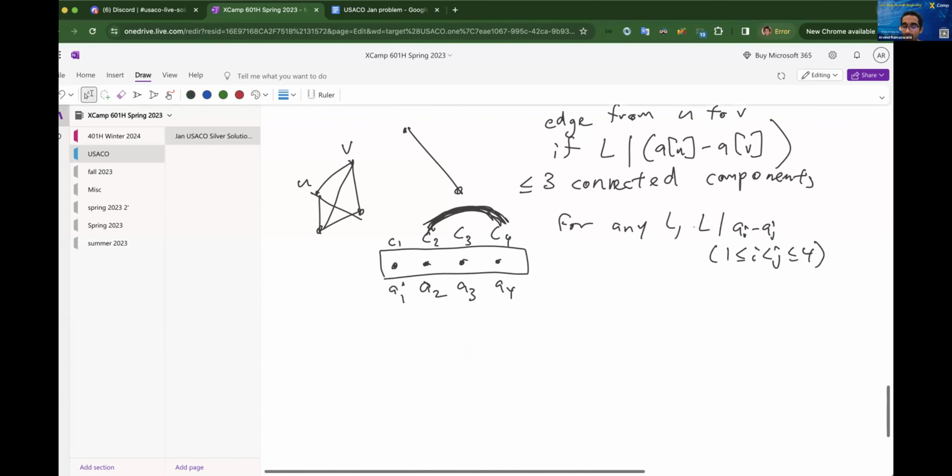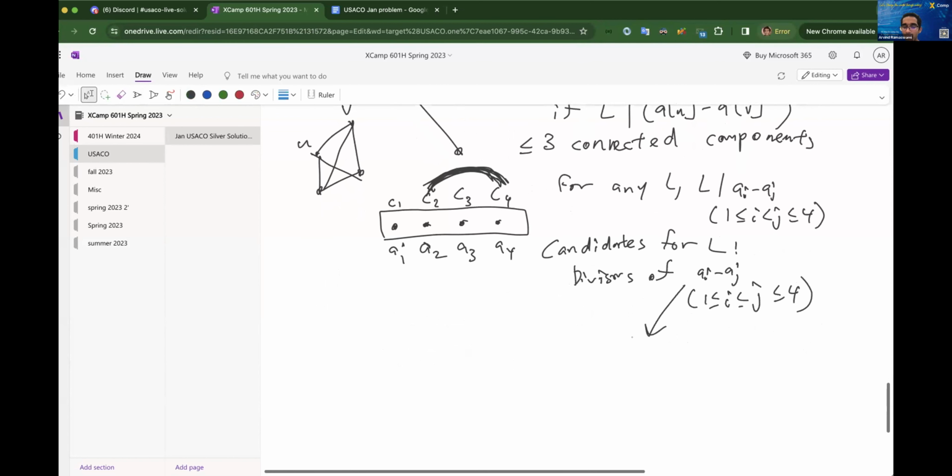So we can use this as a way to consider our candidates for L. Basically, candidates for L are divisors of AI minus AJ, where 1 is less than or equal to I, less than J, less than or equal to 4. The number of ways to pick these IJ pairs is 4 choose 2, so 6 numbers. So there's six ways to pair them, and L has to be a divisor of one